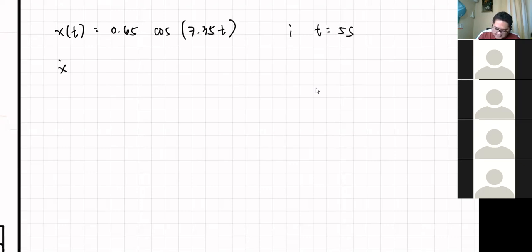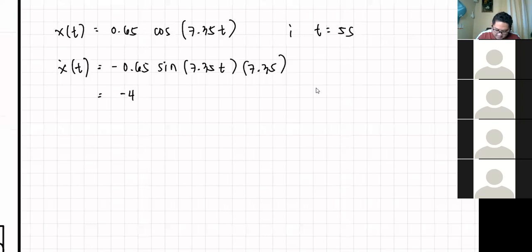Kunin daw natin yung velocity after 5 seconds. So, ito is i-derive lang natin. So, we have negative 0.65 sine of 7.35t times 7.35. Okay? This will be so negative 4.7775